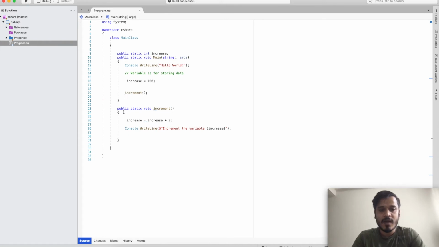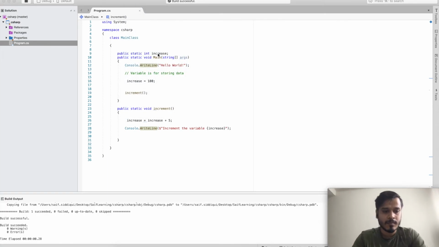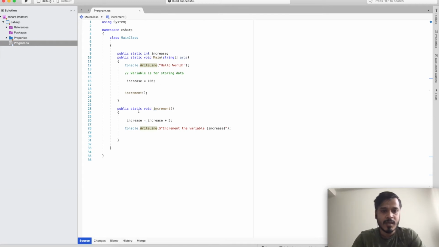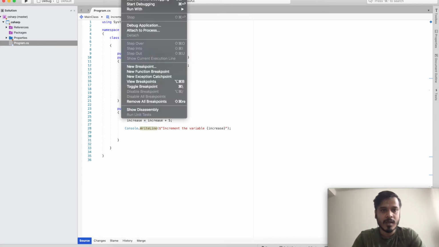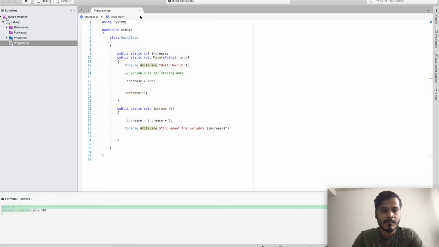So as we have created the instance of this method in this main entry point, now if we run it, let us see what is going to happen. Let me run it again. So here we can see the value has been incremented.